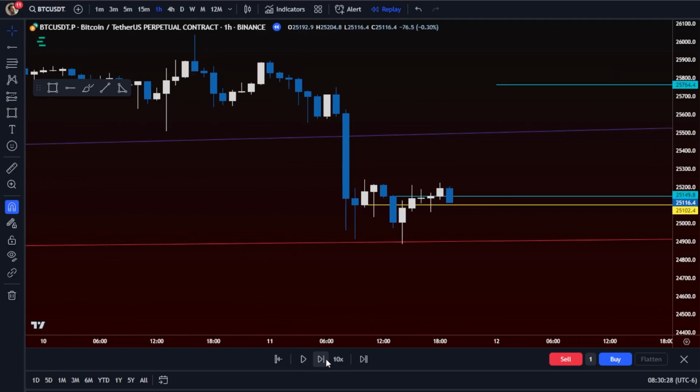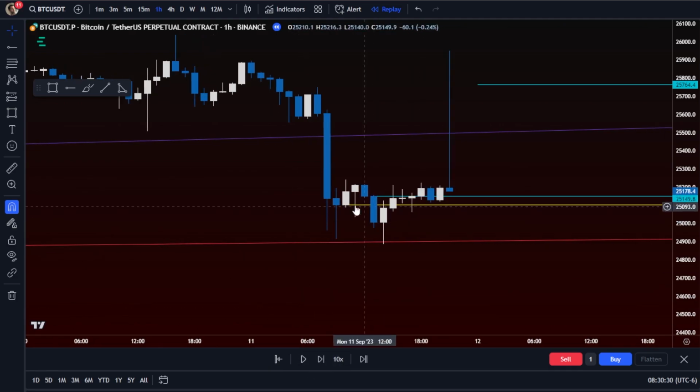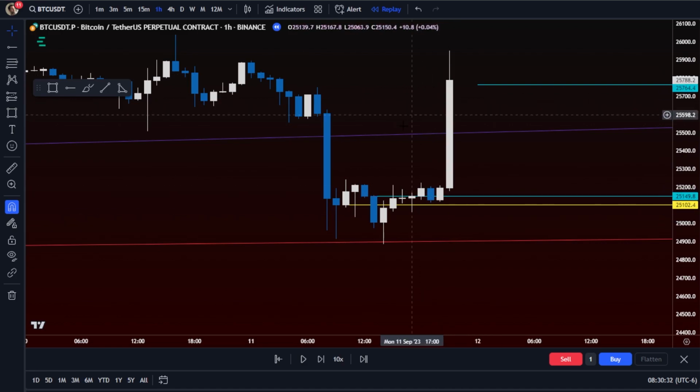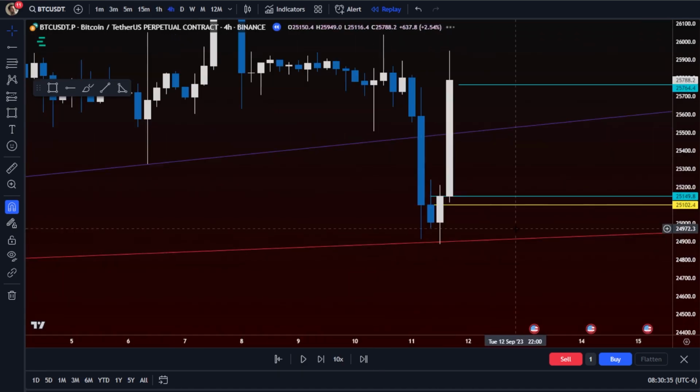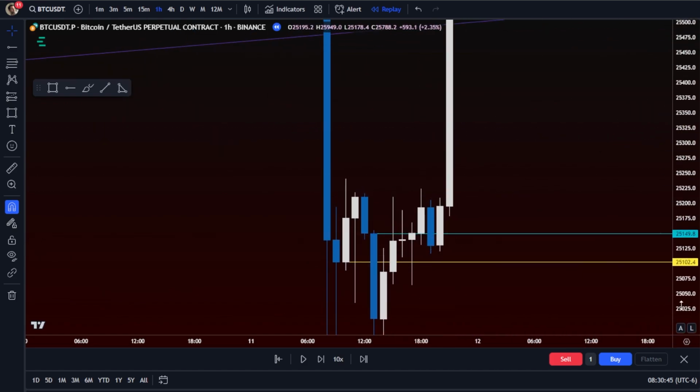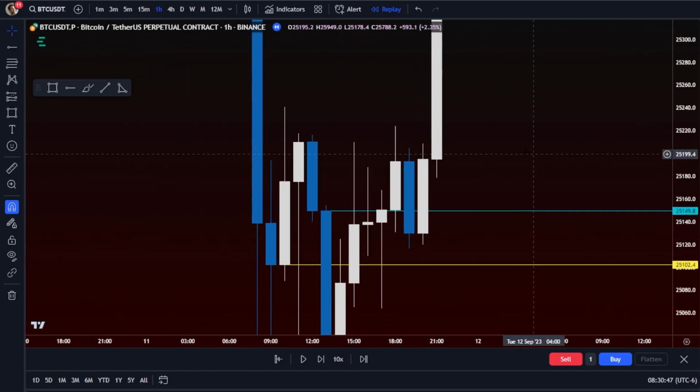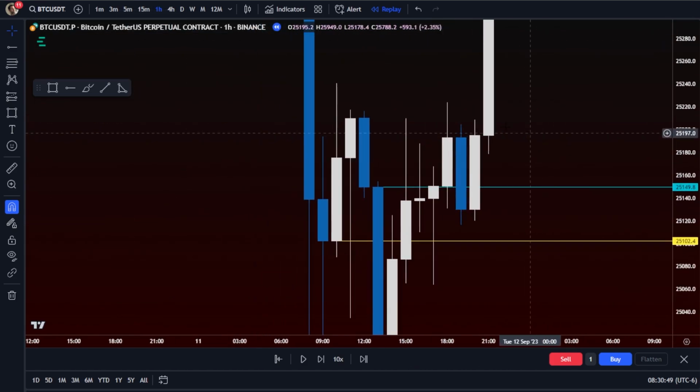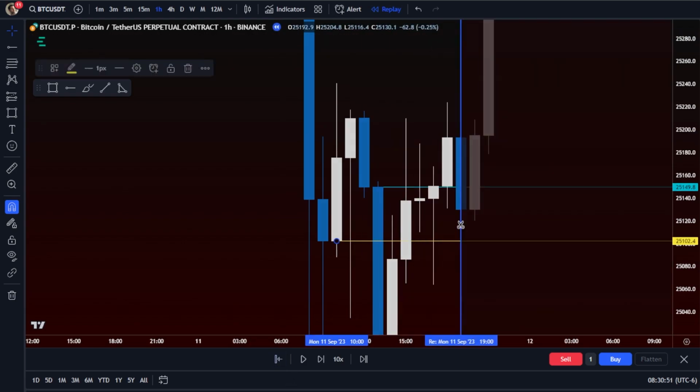Oopsies, I don't want to speed it up like that. Okay, so you've gained your hourly level and that's when you see this thing pop, right? So if you kind of go back here, you can see the daily hit, that level to gain, the hourly, right? So everybody's kind of caught up here. We've got 4 hour, we've got hourly, you've got this hourly gains right here, right? You've got the hard close there. Now we would need to find the 15 minutes. So let's just take this thing back just to this point here.